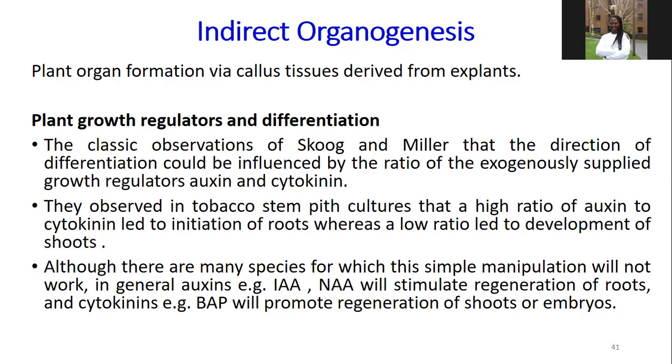We have the classic observations of Skoog and Miller that the direction of differentiation could be influenced by the ratio of exogenous growth regulators. So the example I gave earlier about auxin and cytokinin, when you manipulate the concentration of the auxin and cytokinin, you'll be able to direct how you want your undifferentiated cells to develop into structured cells. So if, for example, you require that you form shoots, you will have to adjust the concentration of